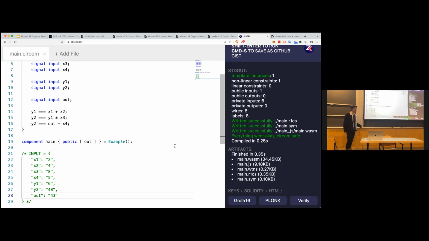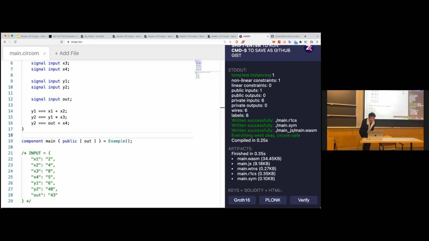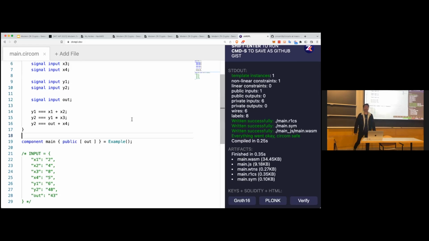Wait, so you have to use triple equals? You have to use triple equals. Correct, yeah. So we press Shift-Enter, and you can basically see all this information. You can see all these artifacts. What's going on under the hood is that